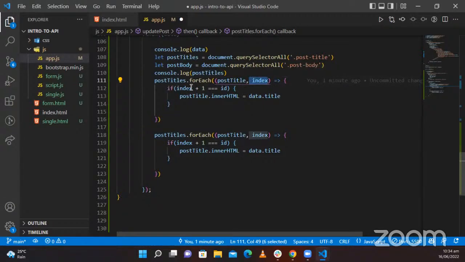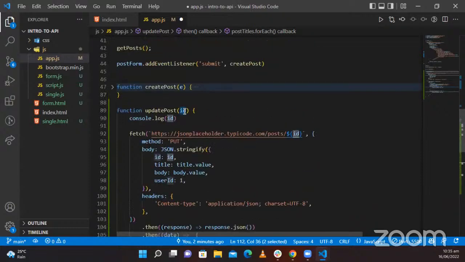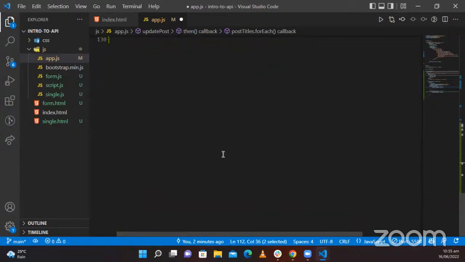So now we are saying that for each post title, the index of that post title, which is coming from here. So this and this go together. So the index of that post title plus 1, if it is equal to this ID, which is coming from here,